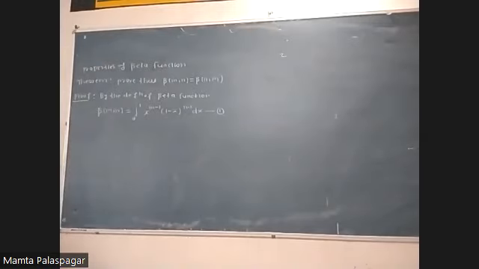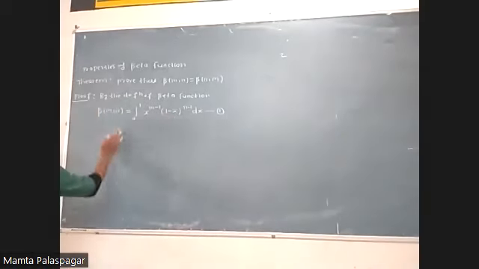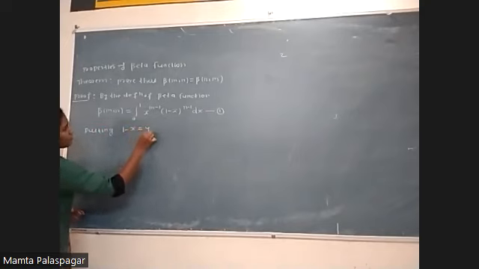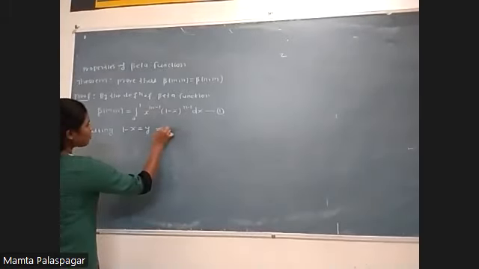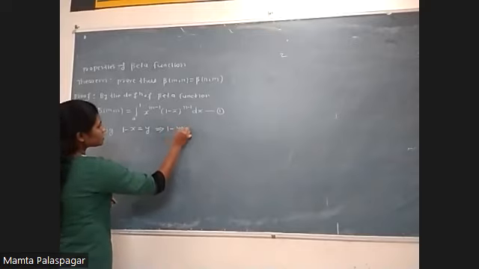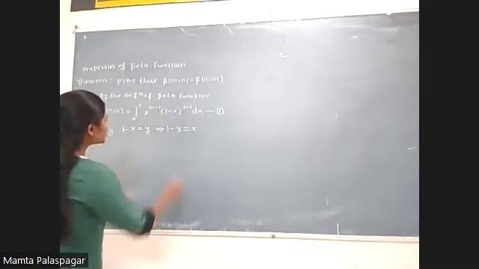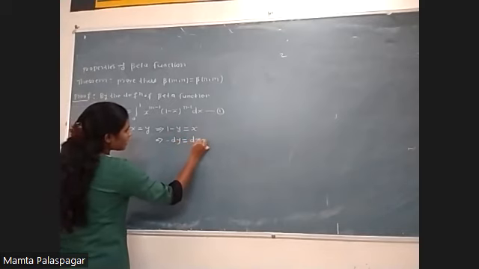Now, in the next step, put this term 1 minus x into another variable. So, putting 1 minus x equals y in equation 1. Now, from this, find the value of x. So x equals 1 minus y. In equation 1, we need dx, so differentiate this term. Here we get minus dy equals dx.